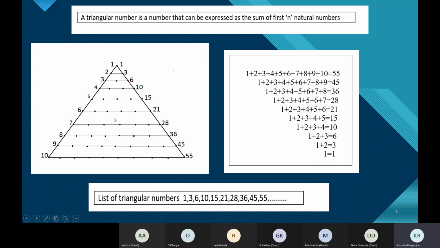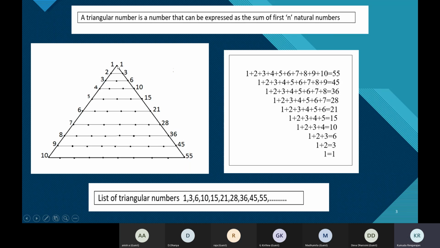If you want to understand what I've represented here, can you see 1 dot here? Then can you see 2 dots? Then 1, 2, 3 dots. Then 1, 2, 3, 4 dots. 1, 2, 3, 4, 5 dots. 1, 2, 3, 4, 5, 6 dots. 1, 2, 3, 4, 5, 6, 7 dots. Do we understand, children? Yes, ma'am. So that's what I've represented.